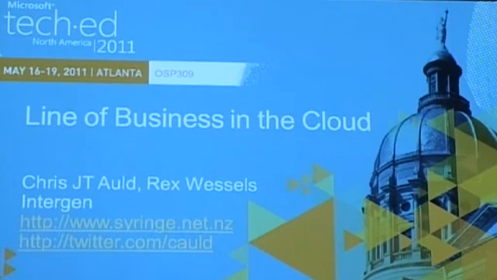So how can we take all these interesting cloud assets that we have now, Azure, Office 365, CRM Online, SharePoint Online, Twitter this, Skype that, and build rich line of business applications? Because when you think about a line of business application, you think it's going to be typically a pretty complex